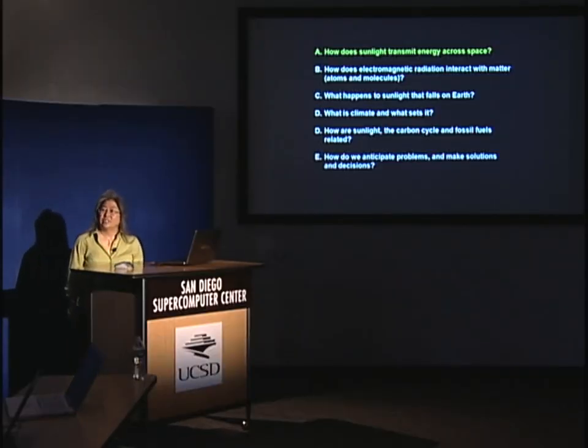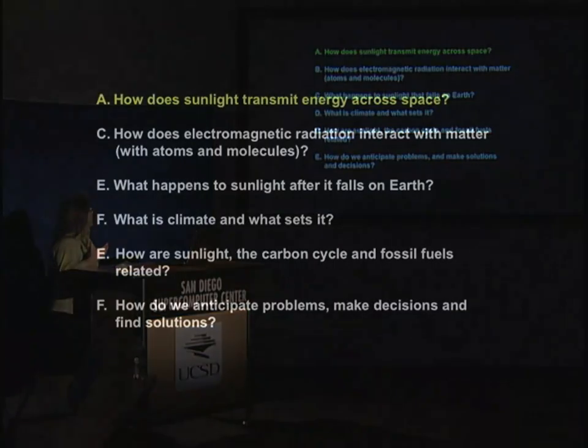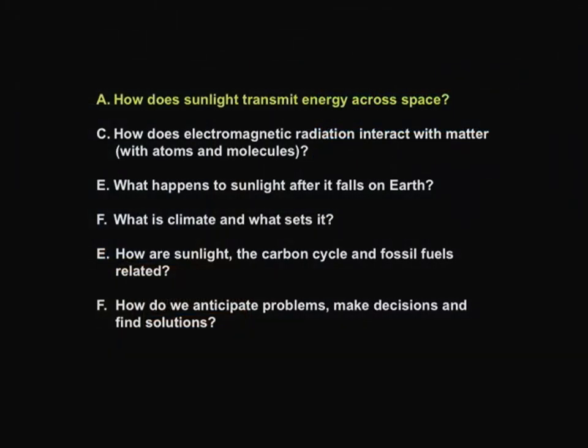My presentation is broken into six parts. How does sunlight transmit energy across space? It's starting with electromagnetic radiation because a lot of students don't really distinguish what that is, and I found it was a hard thing. When I was younger, and until I got to graduate school, I really didn't know a lot about it because I was a geologist and not a physicist. I didn't take physics in high school. One thing that a professor at Scripps told me just made it all fit together, so I wanted to cover this material.